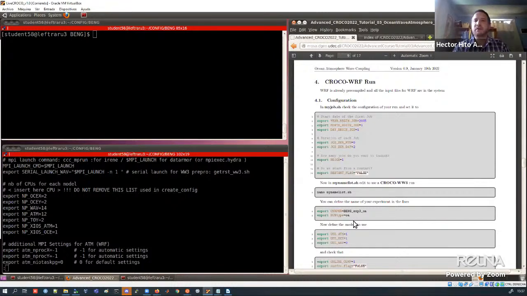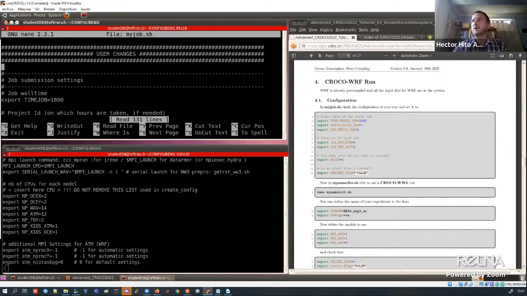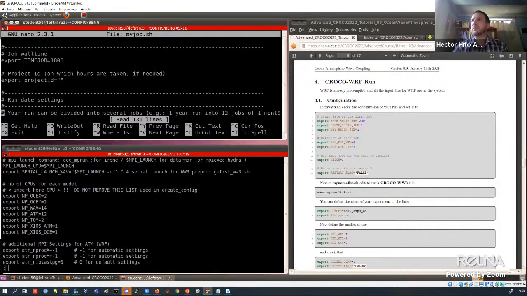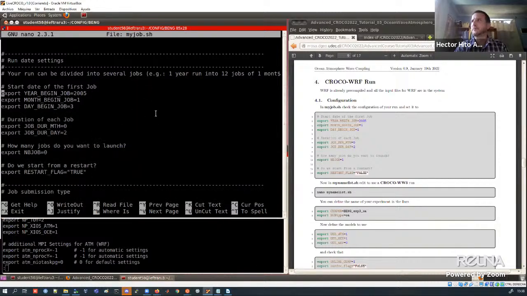So now let's couple CROCO with WRF. You can see the idea is more or less the same. First, let's make sure that we don't have a mistake here, because we want to run the same period, 2 days. This is 1, and this is